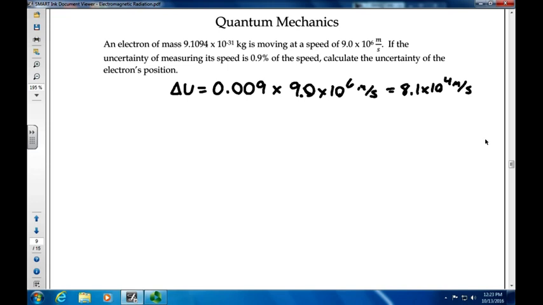So knowing that momentum is equal to mass times velocity, we can also say that our delta P, our change in momentum, is going to equal mass times our change in speed. And in this case, our change in speed is given as 8.1 times 10 to the 4th meters per second. So solving for delta P,